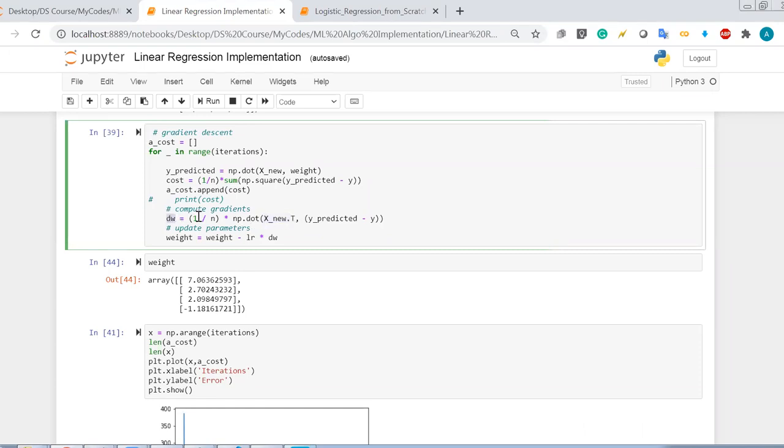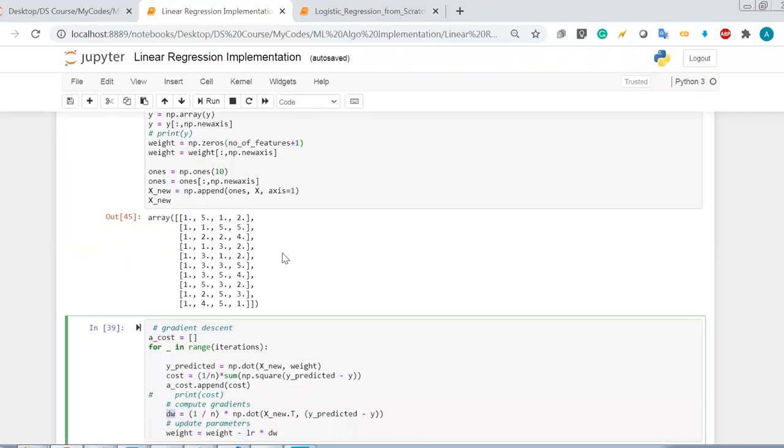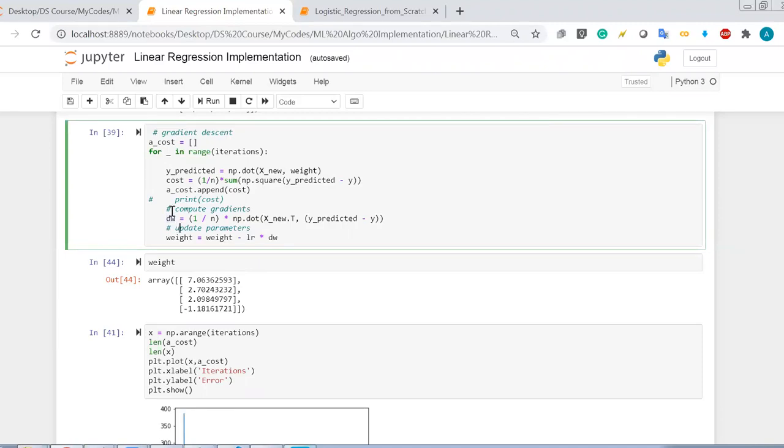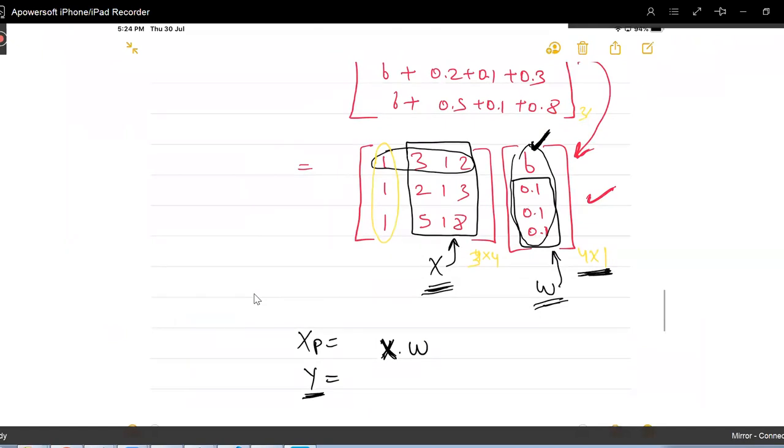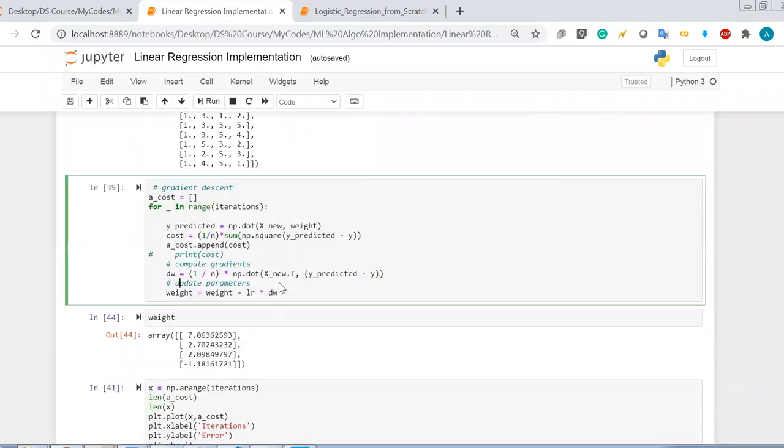what should be the dimension of dw? What should be the dimension of dw? Please tell, what will be the dimension? How many entries are there in w? The dimension of w is 4 into 1, right? Because I have included, if I show you, see, the dimension of w is 4 into 1, because I have added a bias also. So the dimension of dw should also be 4 into 1, because I will be adding this dw to my w during the updation phase. So that's why